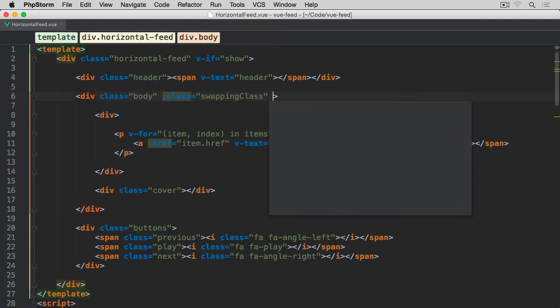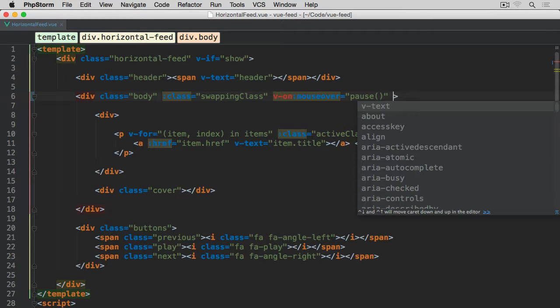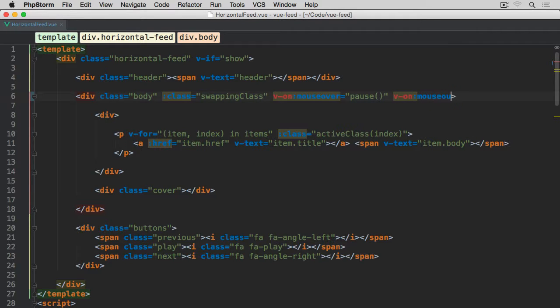In Vue, we bind events to the element using v-on directive, then colon, and the name of the event. In our case, it's going to be mouse over, the first one. And then what we want to happen when we move our mouse over this element: we would like to pause our scrolling. So pause method, which we'll add in just a moment. And then on mouse out, which will be v-on colon mouse out, we want to resume the scrolling. So resume